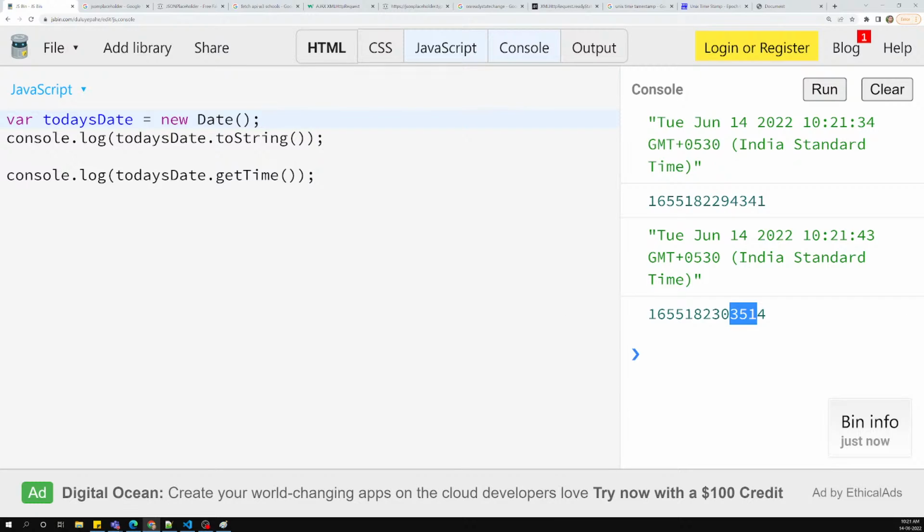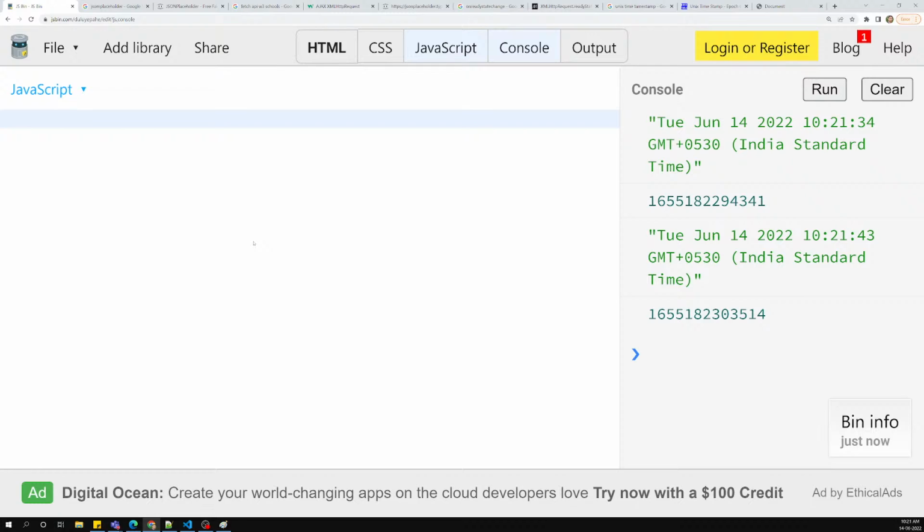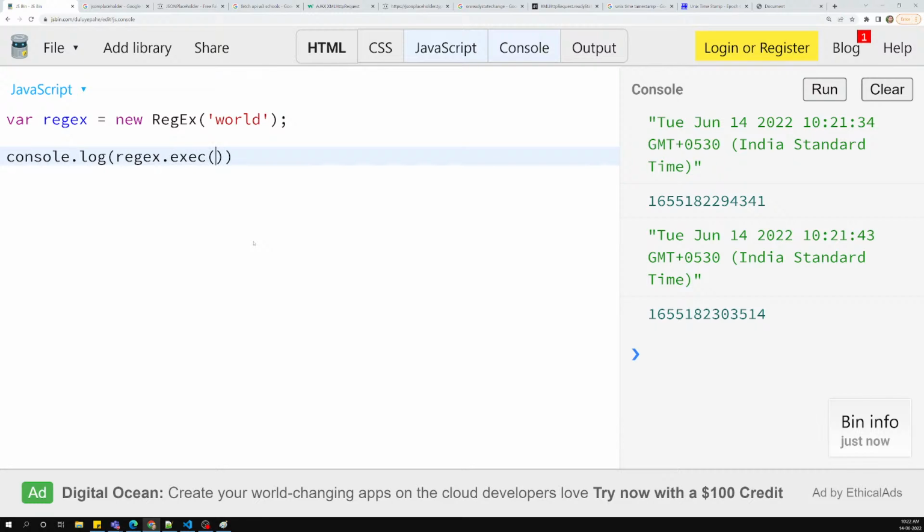That's all about the date things, and we have also learned about this one. And we have the regular expression. So regular expressions it will also support. For example, let's say the regular expressions we create using regex is equal to new regular expression. We will be creating it like this, with new regular expression, and we need to pass the pattern. Now if you want to check it, console.log regex dot exec of,